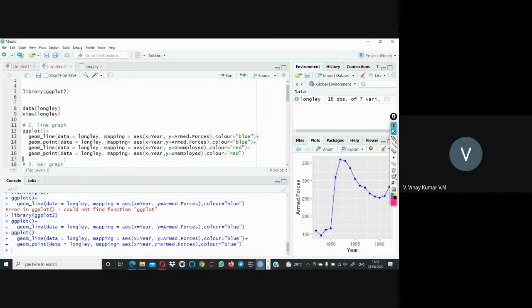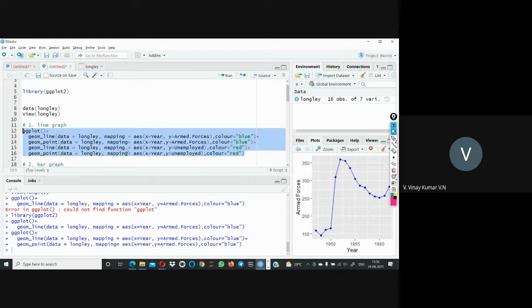And I want to plot the points on that red line also. So for that I'm taking x as year and y as Unemployed, and here I'm using geom_point. So by executing these codes, I'm going to get two lines.